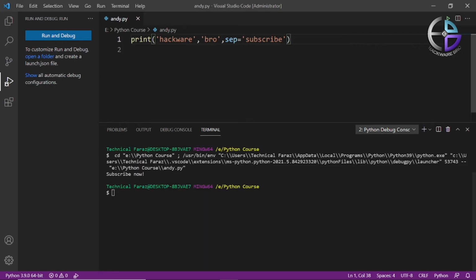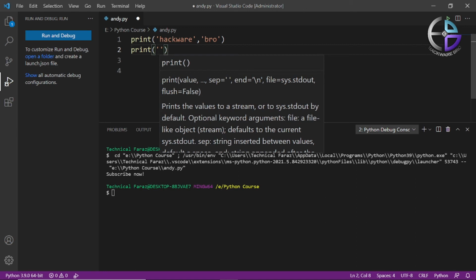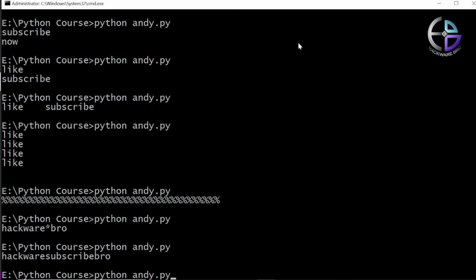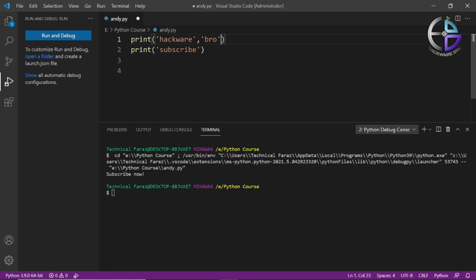Now you can see it here. I can use another thing as well. Let me show you. First of all, remove this. As I said, if I write a print statement again and then write a string, it will automatically print on the next line, because the print statement has a default set to the new line character. If you want to use any other character instead of the new line, then simply give a comma and then